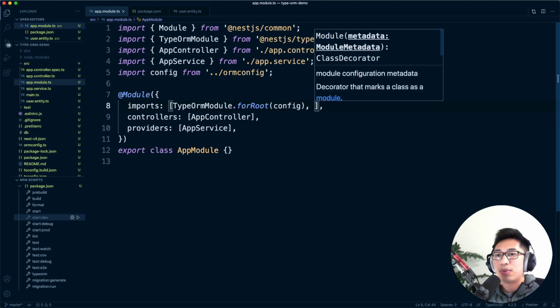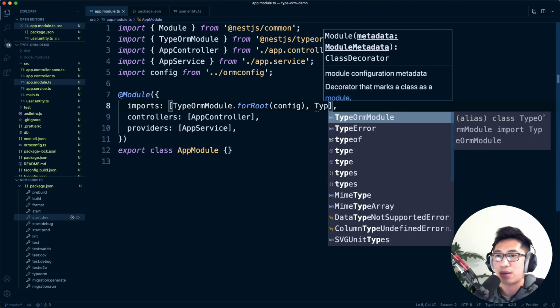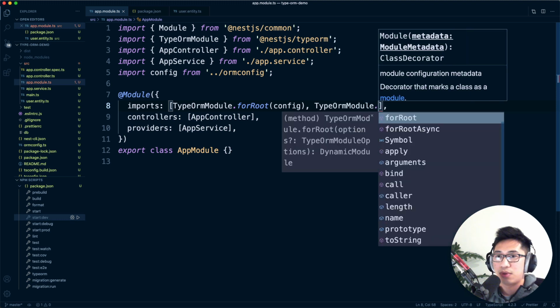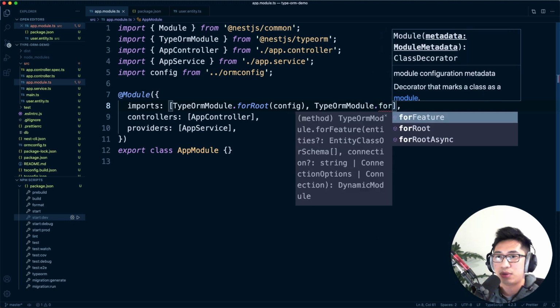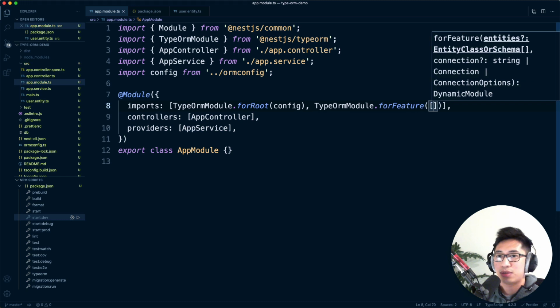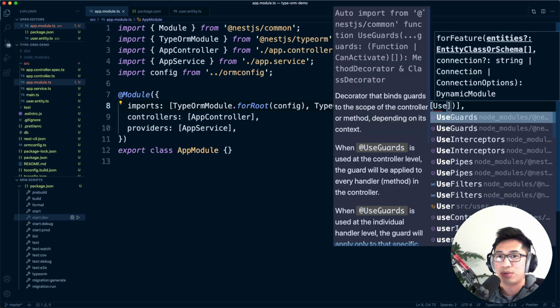But just go with me here. Imagine that this is a user module. What you're going to do is add TypeORM module for feature, and then this takes an array of entities. So we're going to add user,